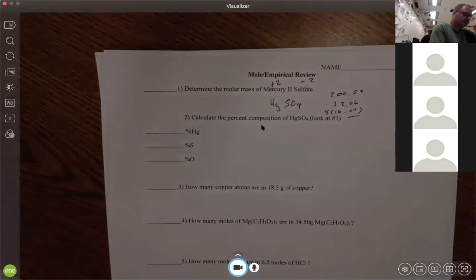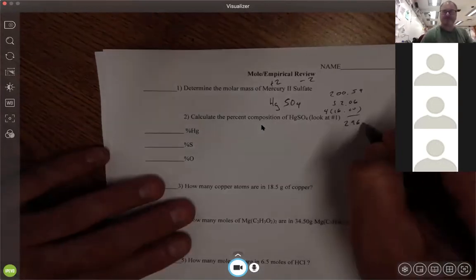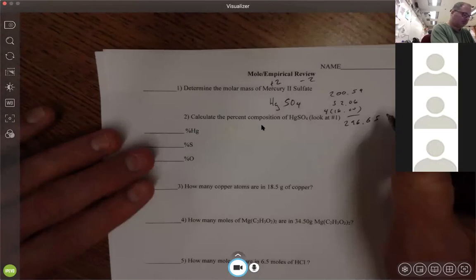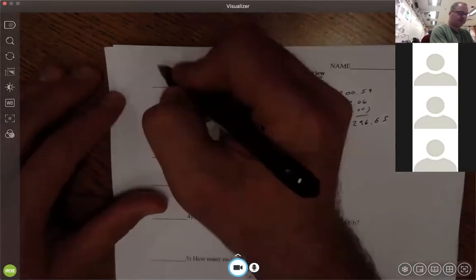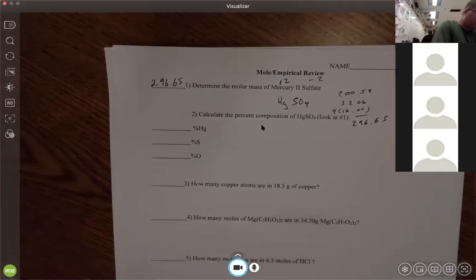It's 296.65. That is enough. So now we're going to use that for the total down here